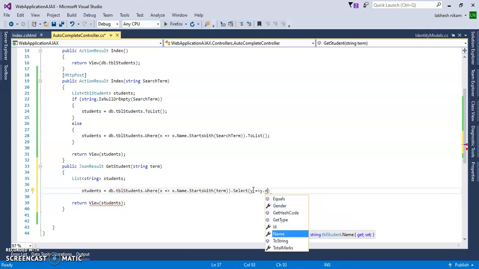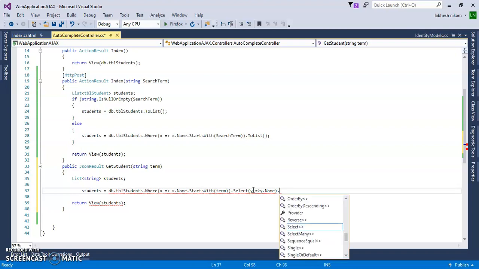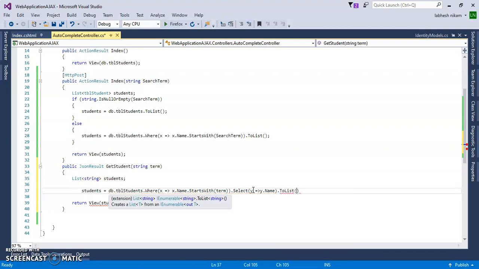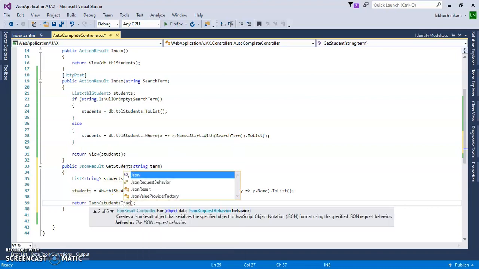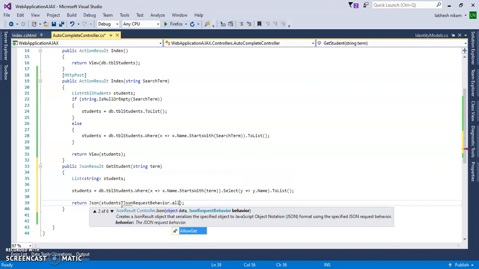Take the names from the student table, so select y.name.ToList. And here return Json, and the name of that object and JsonRequestBehavior.AllowGet.